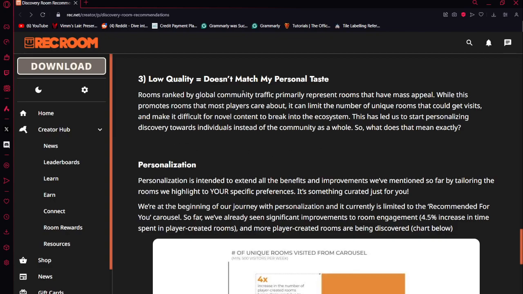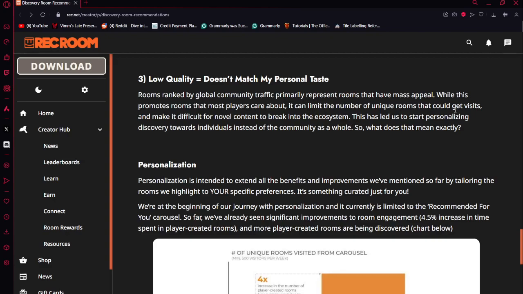Low quality because it doesn't match my personal taste. Let's see. Well, I think this is pretty self-explanatory. It doesn't match your taste, so obviously you don't really like the room. Rooms ranked by global community primarily represent rooms that have mass appeal. With this, this promotes rooms that most players care about. It can limit the number of unique rooms that get visits. Yeah,